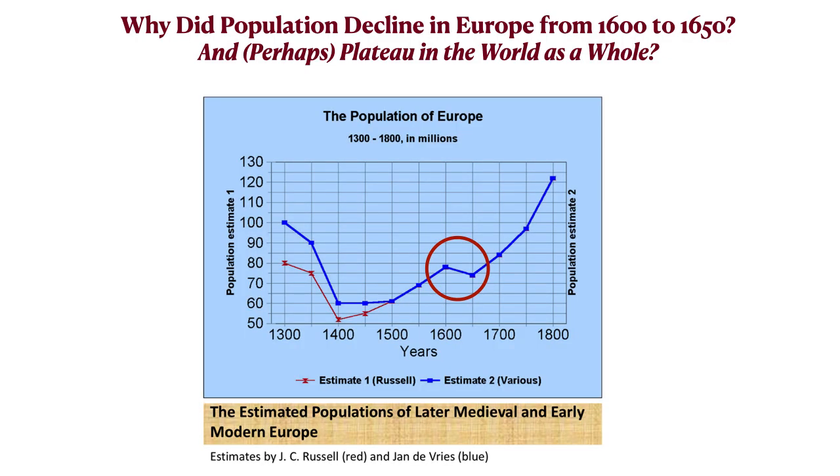Okay, so that's all I'm going to say about the Americas. I will return to that part of the world in subsequent lectures. But what I want to move on to now is the effect of this Little Ice Age. Did the population of Europe decline from 1600 to 1650, and perhaps plateau or level out for the world as a whole, largely because of the Little Ice Age? Well, there are a lot of things that were going on, and evidence does indicate, and scholars are pretty clear about this, that from 1600 to 1650 or 1660 or so, Europe did see some population decline.